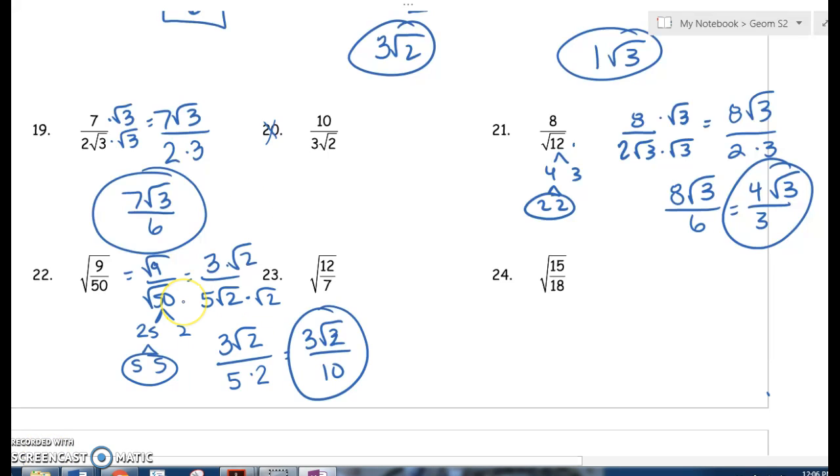So now you have kind of a general idea of how to rationalize the denominator, and now what you're going to do is numbers 10 to 33 in the Unit 10 packet. This will give you some extra